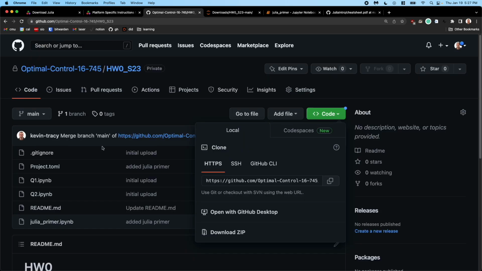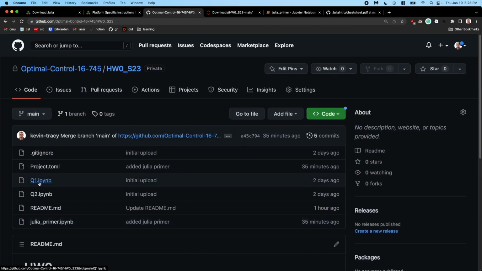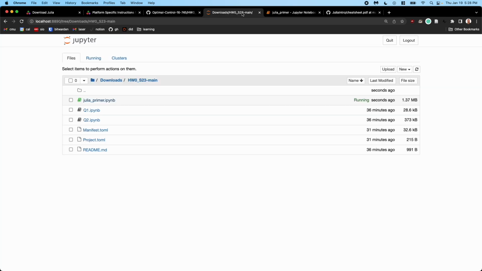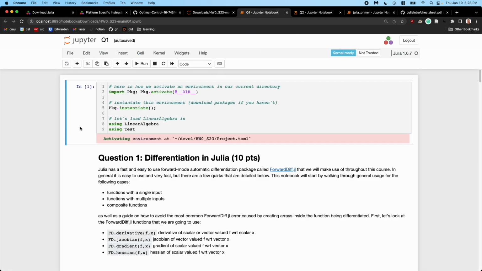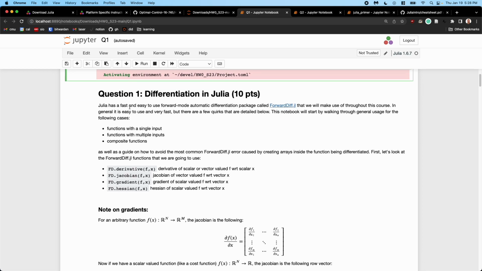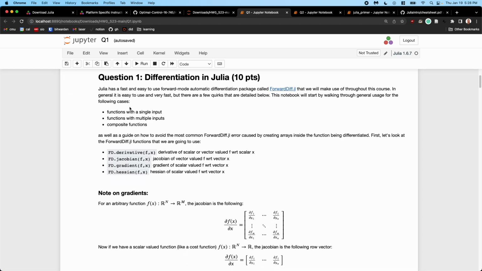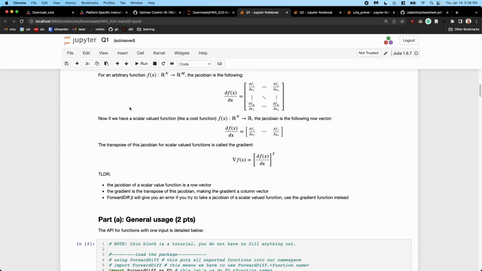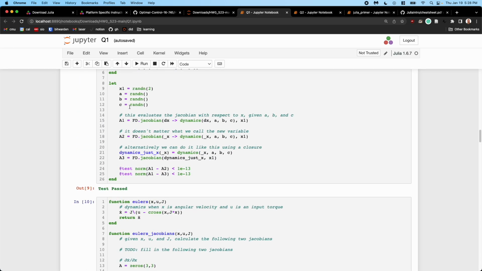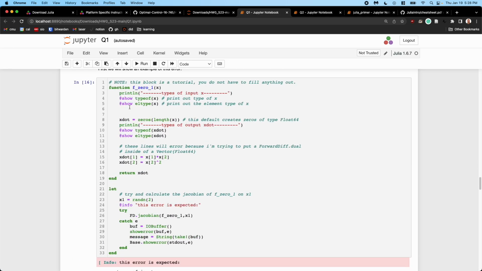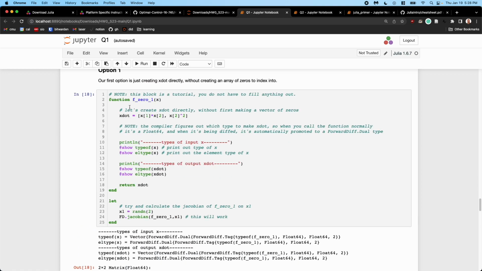So going back to the homework, the way this works is that we'll have two Jupyter notebooks here, Q1 and Q2. So go back to Jupyter, open them both up, Q1 and Q2. And here I use all the stuff that I just laid out. So here's how to do the environment stuff to make sure we're in the right place and we instantiate it. This question is going to take you through how to form a derivative in Julia and the two different packages that we'll use. And this homework is super simple. You just got to go through and fill some stuff out and make sure you actually read it,